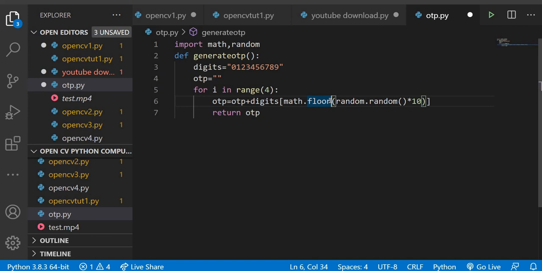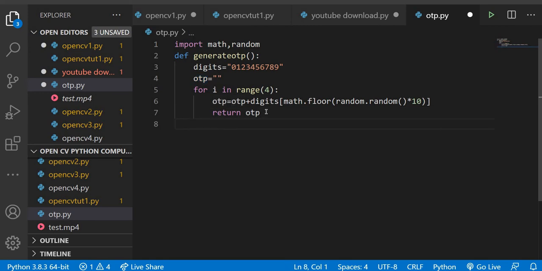If it is 6.5, then it will give us 7. If it is 8.9, then it will give us 9. This is done 4 times, so we will get the OTP of 4 digits, and after that we are returning the OTP.